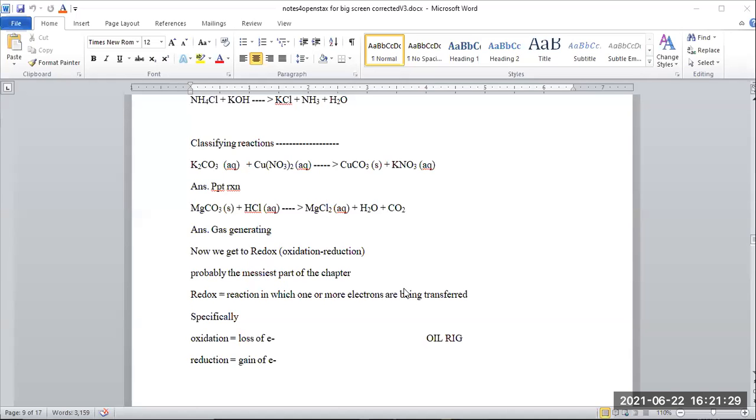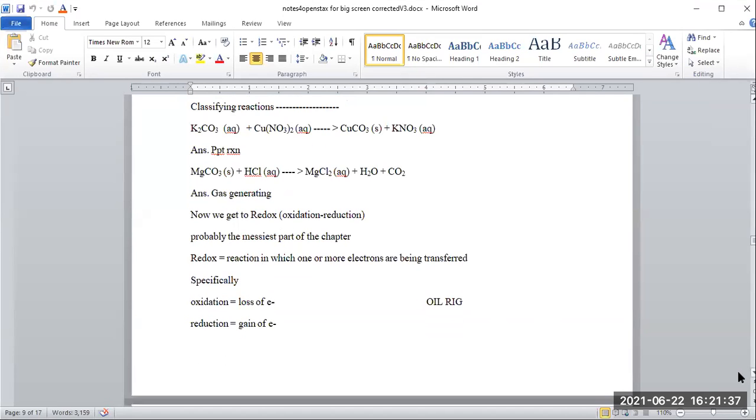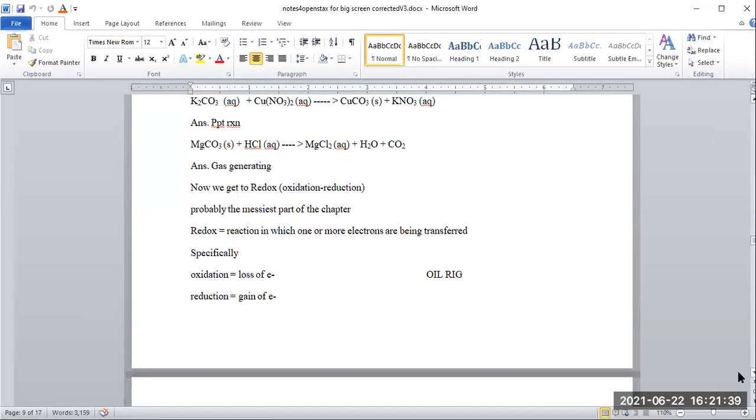And so let me switch back over to my different file here. All right, we got through looking at a few categories of reactions. So the next big chunk of this is redox,